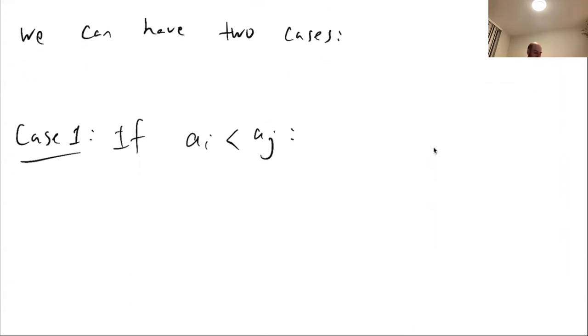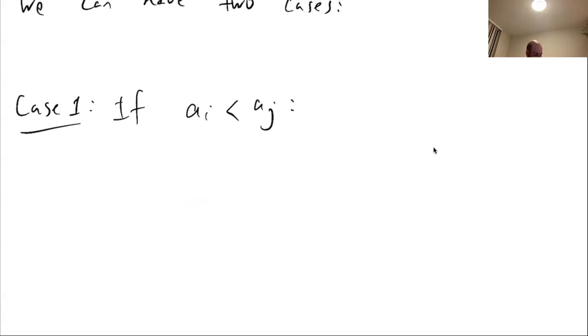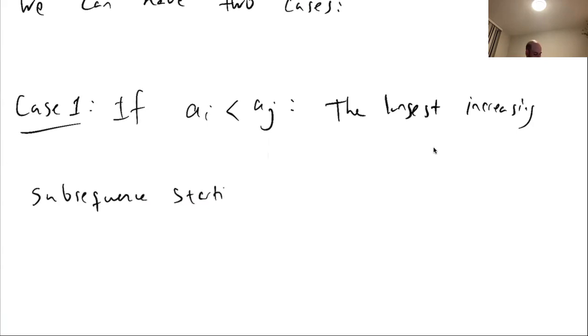So if AI is less than AJ, what will be the contradiction? Remember, I'm doing proof by contradiction. I need to have a contradiction here. So what is the longest element? So the longest increasing subsequence starting from AJ has length